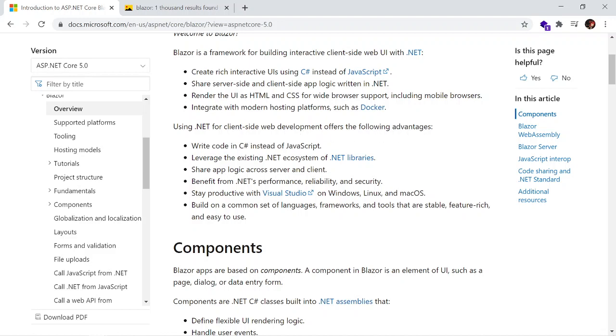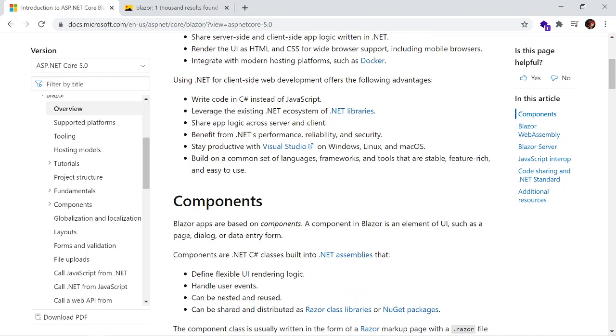There are advantages like writing code in C# instead of JavaScript, with which we can produce cleaner code, leverage the existing .NET ecosystem of .NET libraries, share app logic across server-side and client, and get performance, reliability, and security.